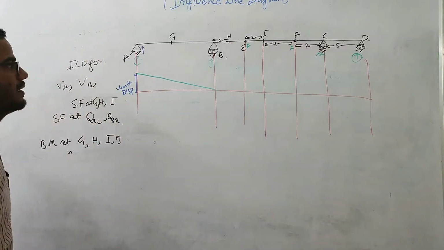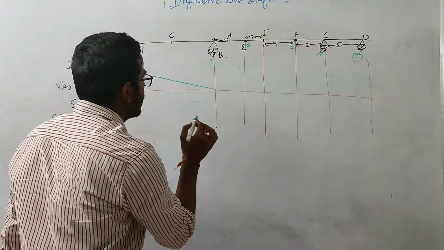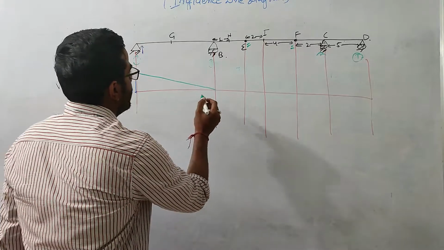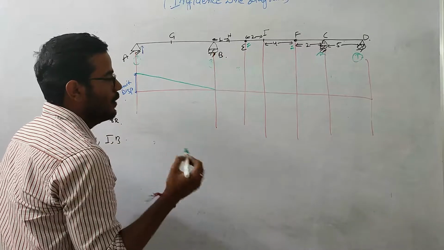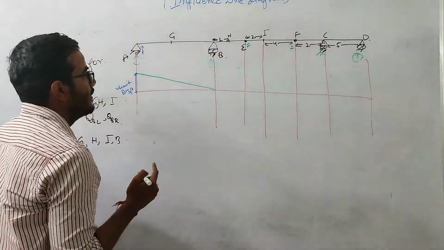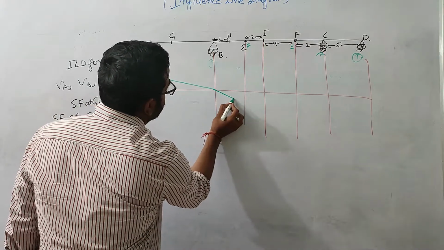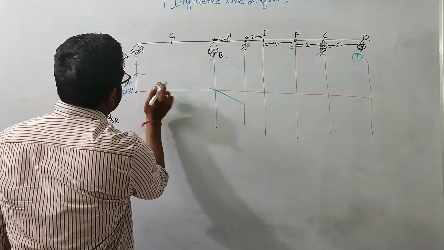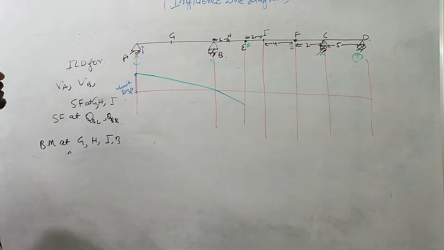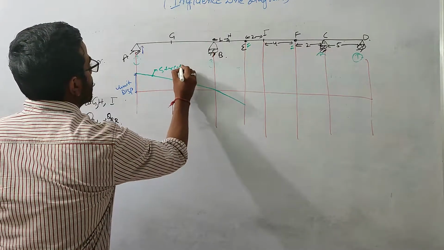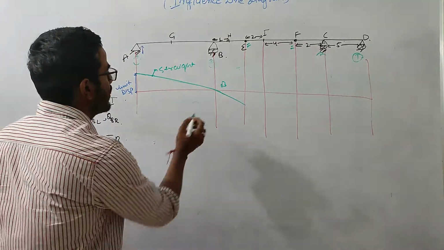Now let us come to support B. At support B, the deflection diagram should satisfy the boundary condition. At point B, this beam cannot move up and down, and at B there is no moment release. So at point B, this beam will become straight and go like this. It is not looking straight, but it is straight. This is a straight line, and this is point B. At B, you can see that the boundary conditions are well maintained.